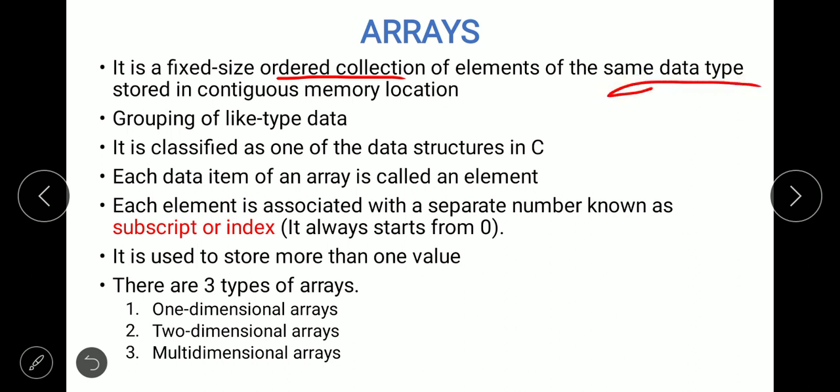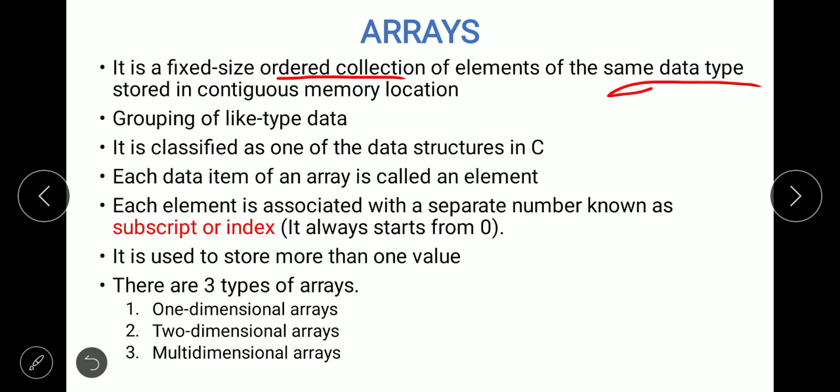We cannot mix integer values with floating values. So all integer values from 0 to 10 form a collection of integer values. From 0 to 10 we can call it an array of 10 elements, or sorry, 11 elements, because including 0, right? So an array of 11 elements,